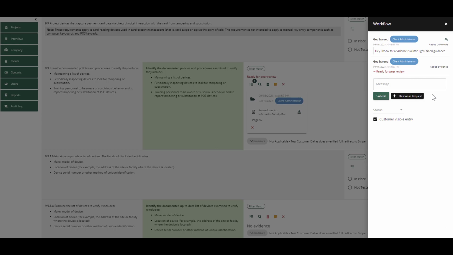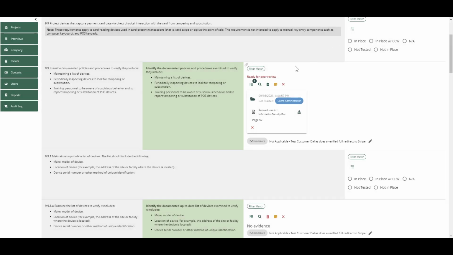Okay? So, as you can see, this is not going to be seen by the customer, so it's going to be seen by the peer reviewer or anybody else that works for your QSA company. And they'll have that. So, that's the workflow button. Most of it's automatically handled. You don't need to deal with it. This button right here is Lookup. Now, let's assume that in 2022,